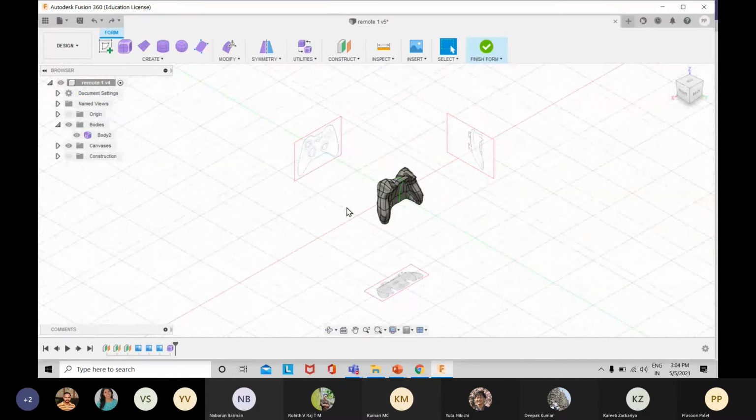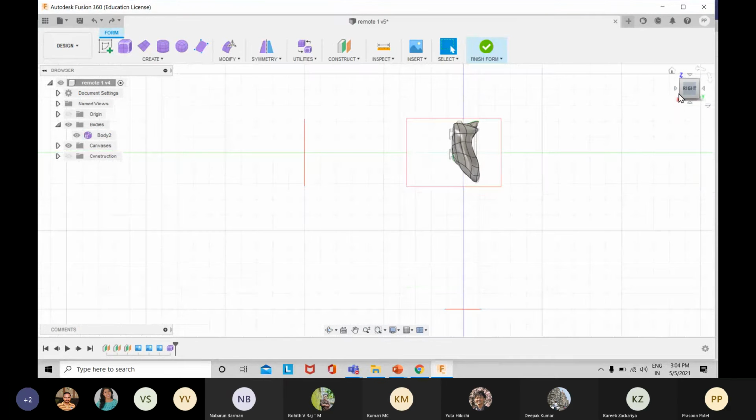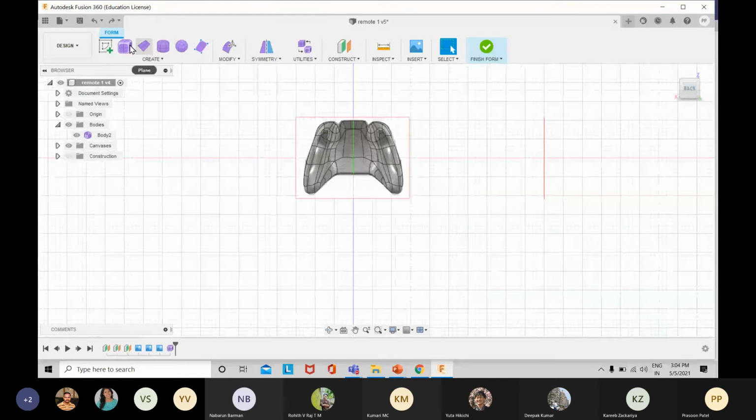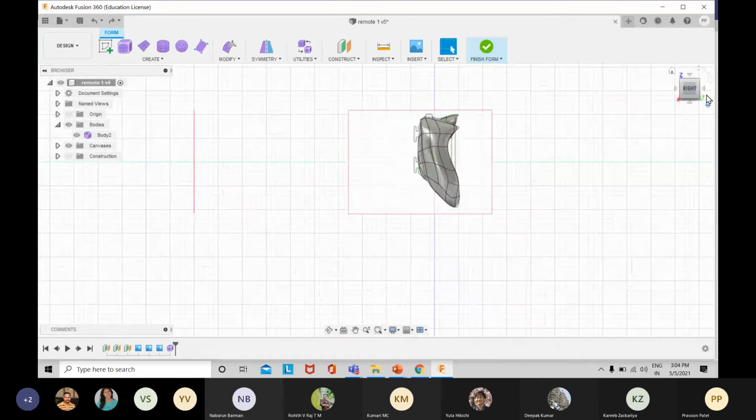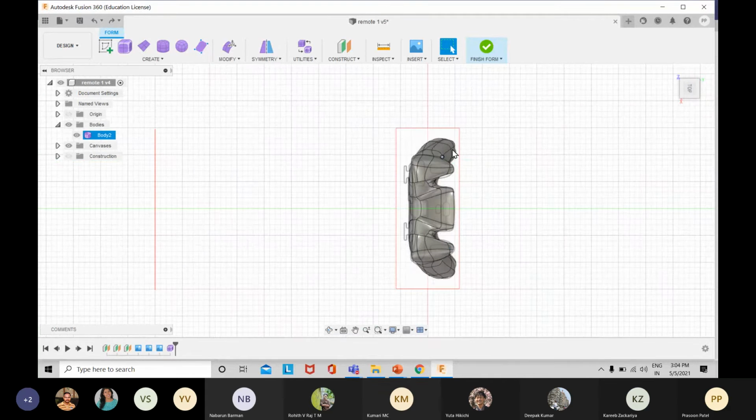Okay. So first of all, I inserted the images at some distance from the origin, taking the origin plane as the midpoint for all the surfaces. Then, taking the front face, I created a box here and extracted the surfaces which are needed. Then going toward the side view and top view, and similarly doing the same thing.